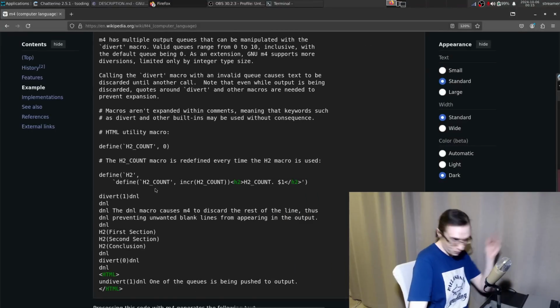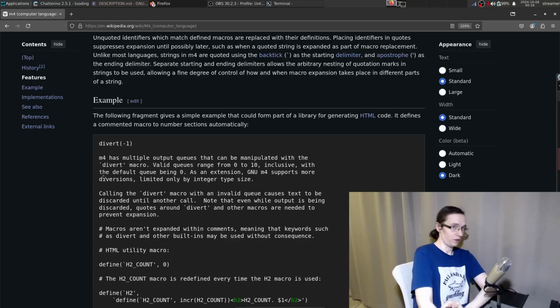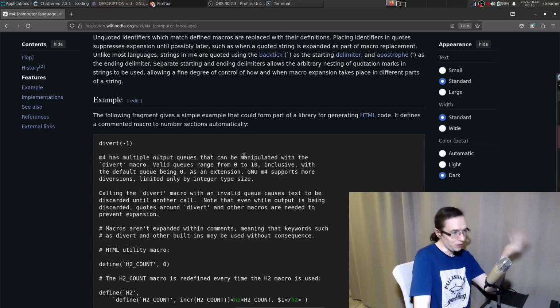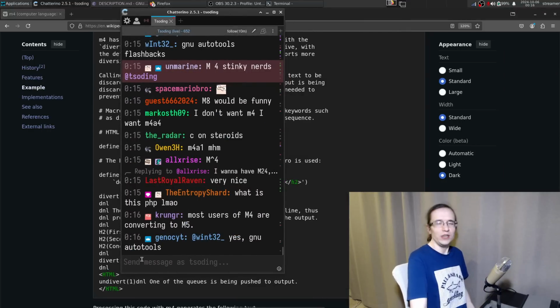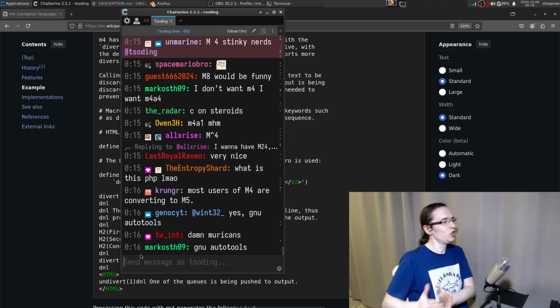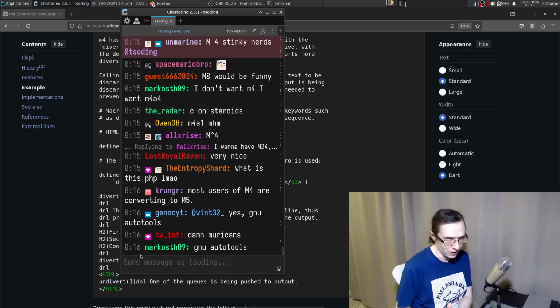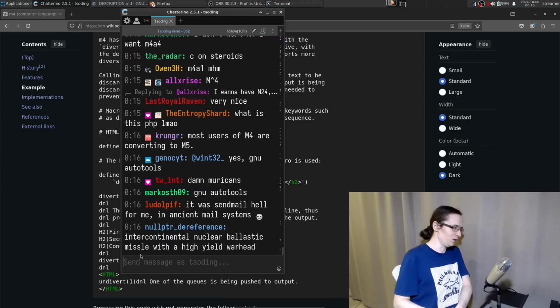So, yeah, it's not really used very much in many places. But it has a few niches where it is actively used, specifically in Autotools. So it's kind of like not really used very much anymore, but it kind of settled in these very specific niches that it's just used very, very actively. And outside of these niches, it kind of died out and nobody really cares about it anymore.